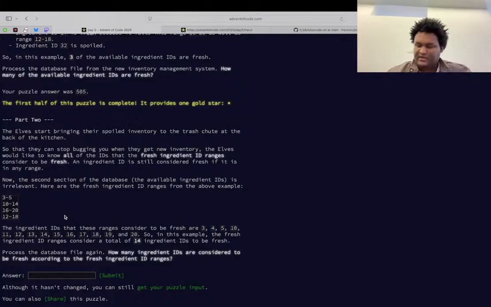And then 14 is an end, so this will simplify to 10 to 14. Then 16 will be a start again, and then 18 will be an end, and then 20 will be an end again. So if we have two sequences of ends